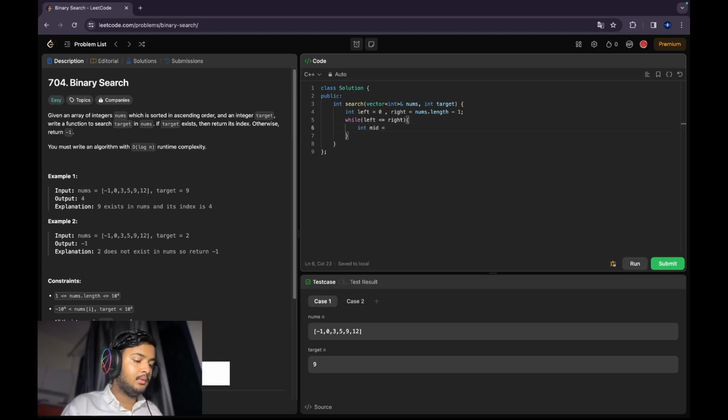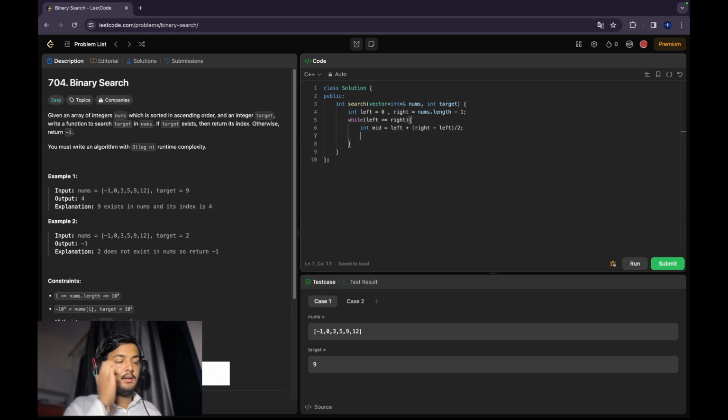Mid is equal to left plus (right minus left) by half, plus left. This should be correct: left plus (right minus left) by half, and it should be stored in an integer. Now we have a mid. Now we have to check if mid,